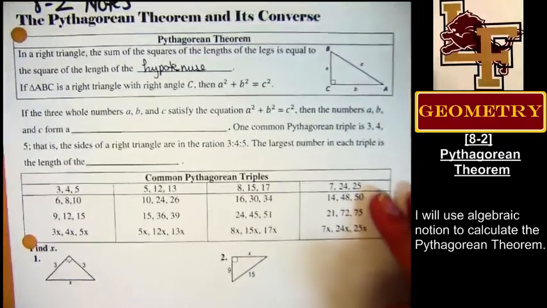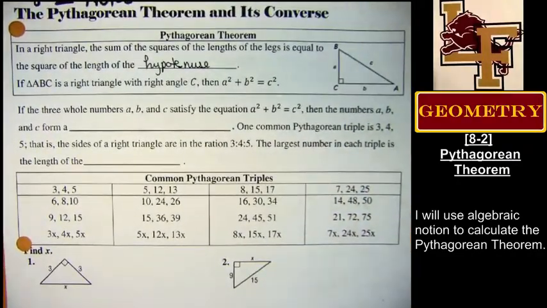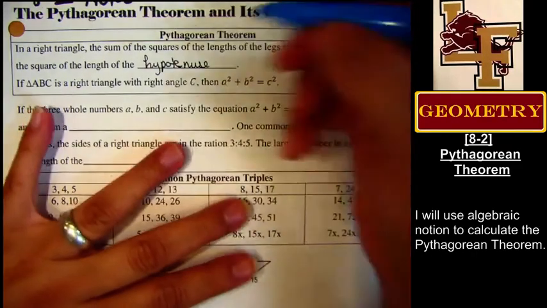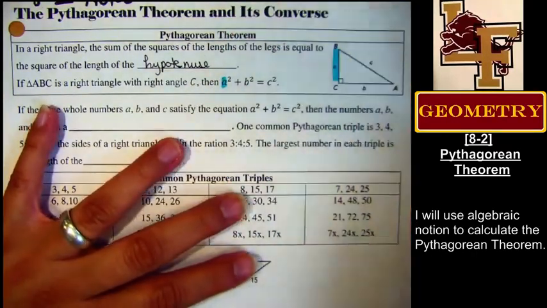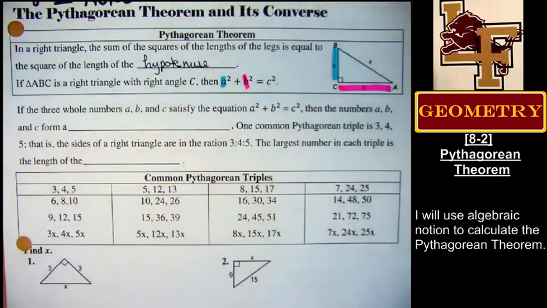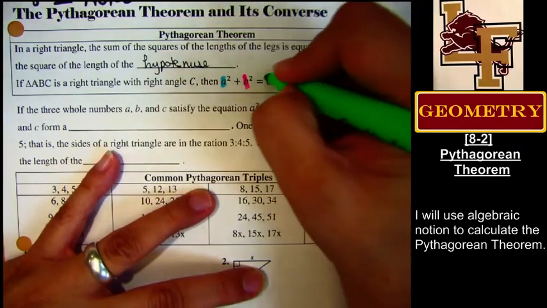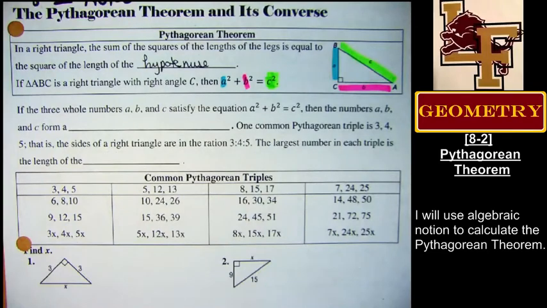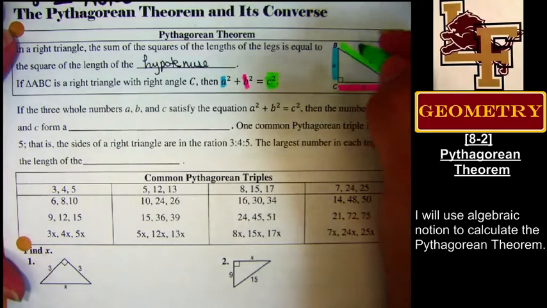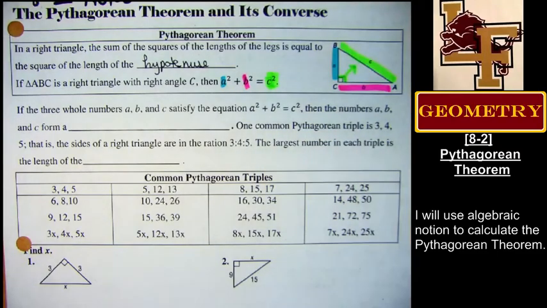We're talking about the Pythagorean Theorem. Now, we've used the Pythagorean Theorem several times. This is the one that says a squared plus b squared equals c squared. And what I've commented to you about is the importance that c squared always be the hypotenuse. Always, always, always. Remember that the hypotenuse is directly across from the right angle. And so if you can find where the right angle is, the side that's not touching that angle, that's your